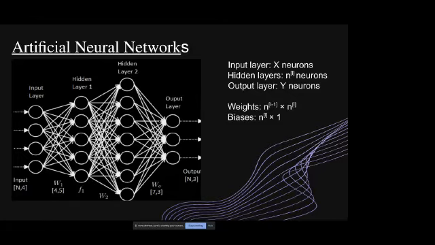Now, biases. What are biases? Biases are like intercepts added to a linear model. It is also an additional parameter in the neural network, which is supposed to adjust the output along with the weighted sum of inputs to the neuron. So we have a single bias for each neuron. This is how the whole process works. Don't worry if I got cut off, I'll come to this time and again.